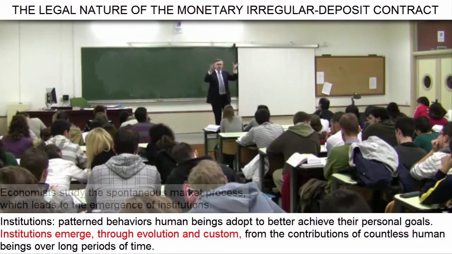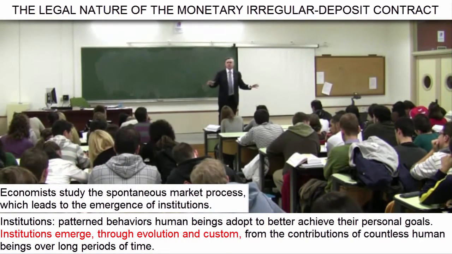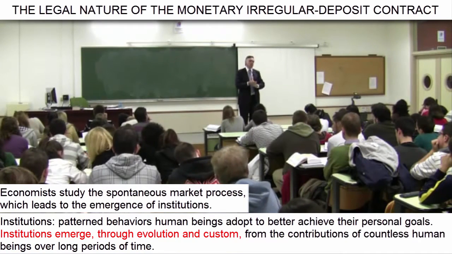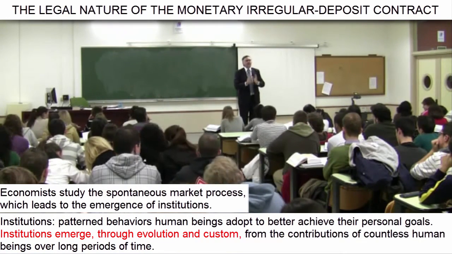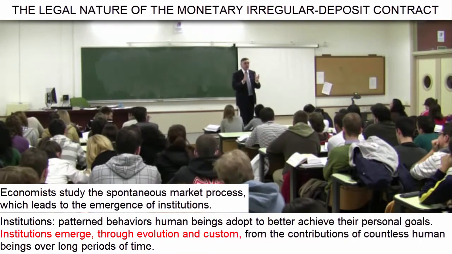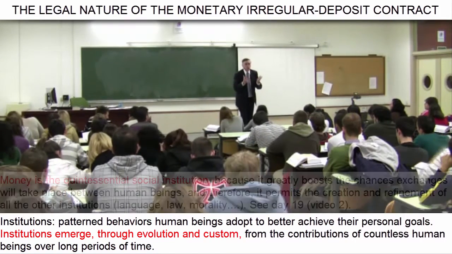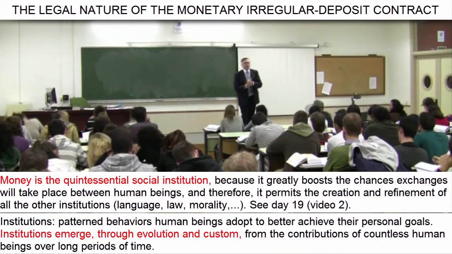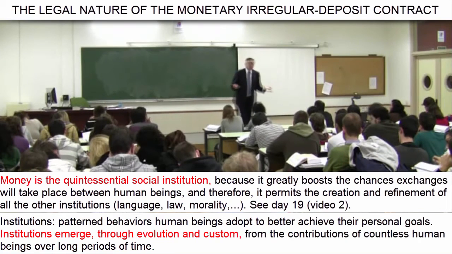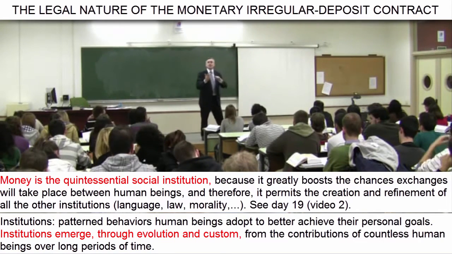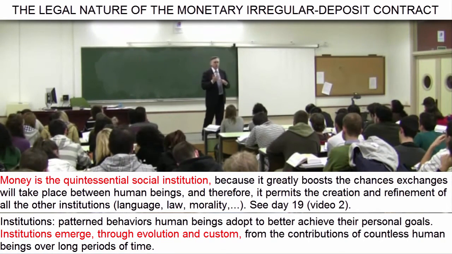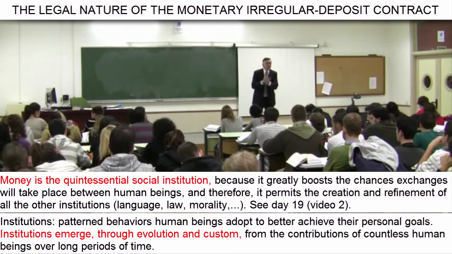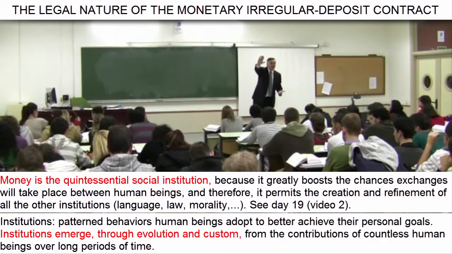An economist is a person who scientifically studies this spontaneous evolutionary process through which social institutions emerge and take shape. Of all the institutions, I have mentioned the most important ones, like money, which is the quintessential social institution, and all the others depend upon or follow it. For money permits an exponential and almost unlimited increase in exchanges. It is in exchanges that human beings need to talk with each other, to reach an understanding and close deals,